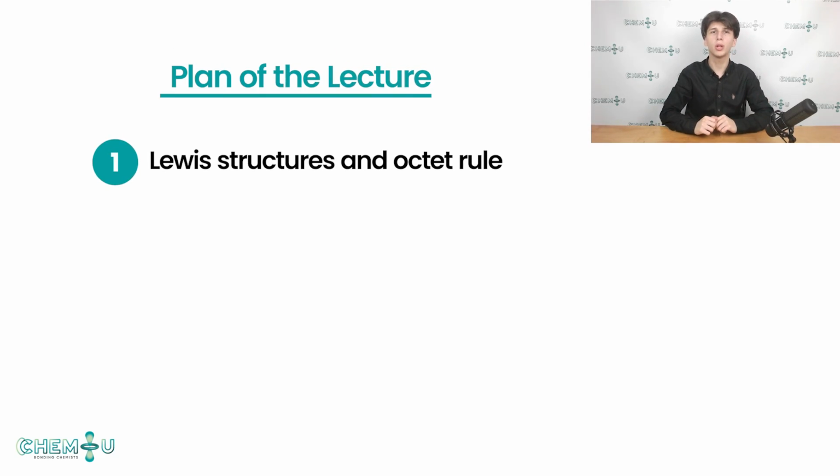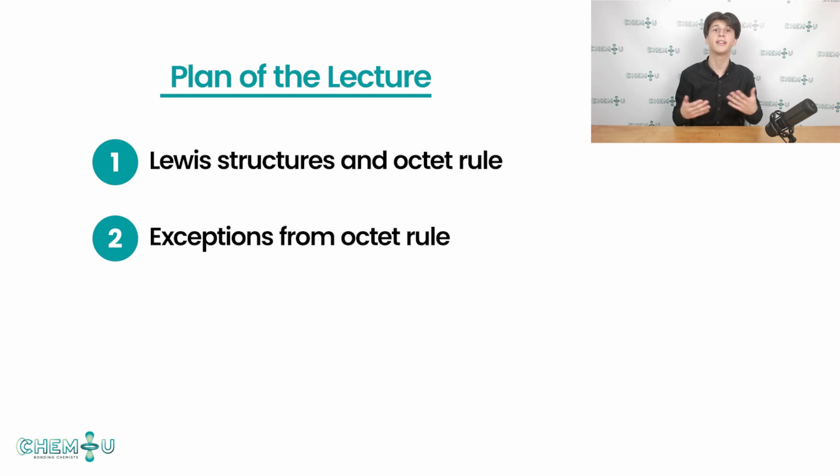First, we will recall a very important rule from the Inorganic Chemistry course, the octet rule. Based on this rule, we'll talk about the diagrams that show the bonding between atoms of a molecule, as well as the lone pairs of electrons that may exist in the molecule. These diagrams are called Lewis structures, and they are the easiest way to describe a covalent bond.